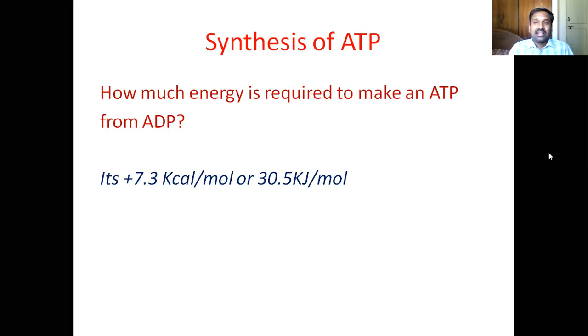That's the question, right? For all other energy-requiring reactions, ATP hydrolysis was coupled because ATP hydrolysis was exergonic. To make an ATP, that's an endergonic reaction, can it couple with hydrolysis of ATP? Definitely not. Why? Because the net energy change would be zero, because ATP hydrolysis is minus 7.3 kilocalories and ATP synthesis is plus 7.3 kilocalories. If you couple these, net delta G is equal to 0. That cannot happen. That becomes a futile cycle, in fact.